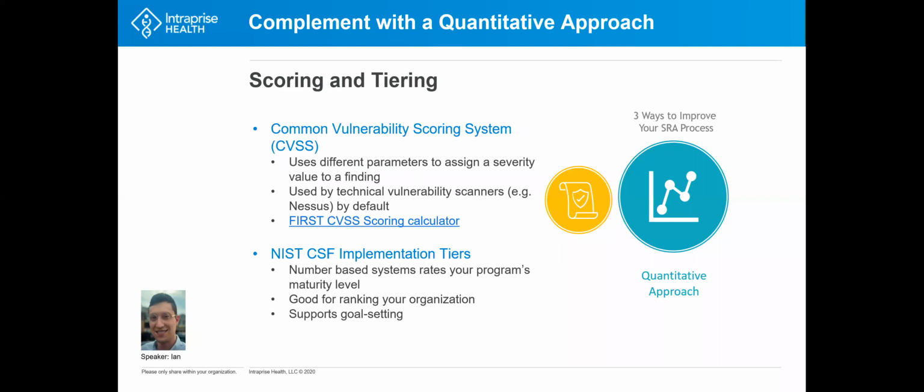One of the best ways to implement that quantitative approach is to take advantage of existing and standardized scoring and tiering systems, of which I have 2 exemplified here. The first one, the Common Vulnerability Scoring System, or CVSS, uses a variety of different parameters to assign a severity value to a finding, that severity value ranging from 1 to 10. If you're a technical information security professional, you're probably already familiar with the system because it's inherent to many technical vulnerability scanners by default. For example, Nessus leverages CVSS for all of its findings when you run it on your